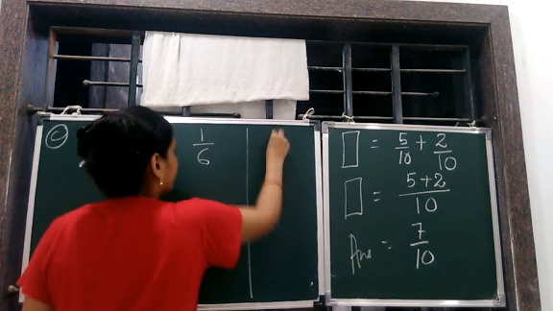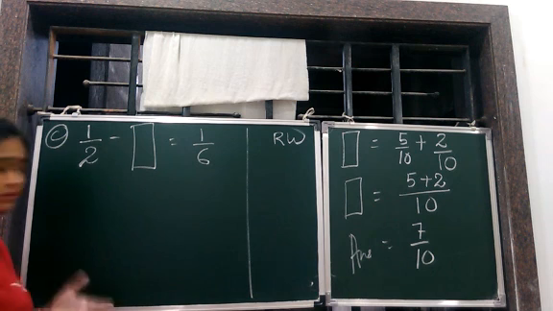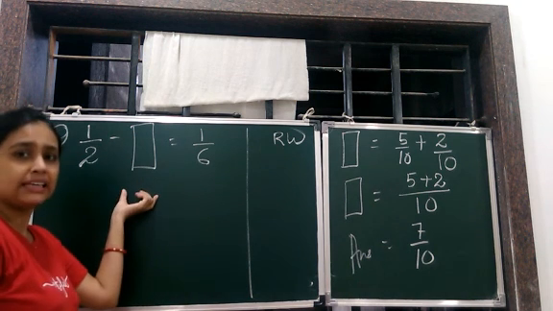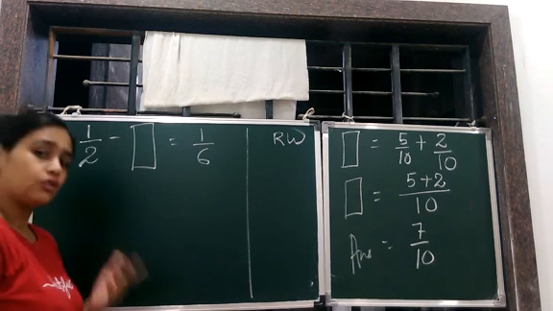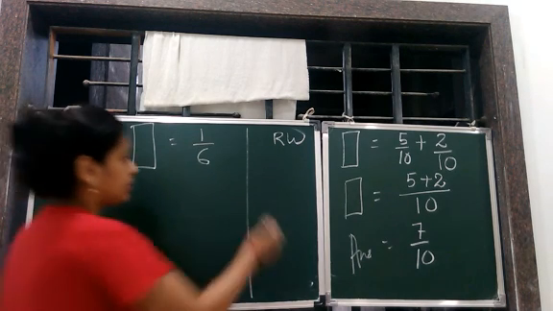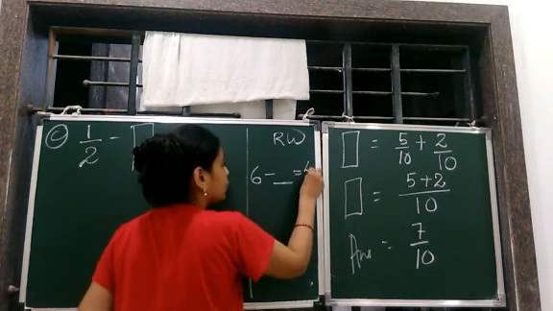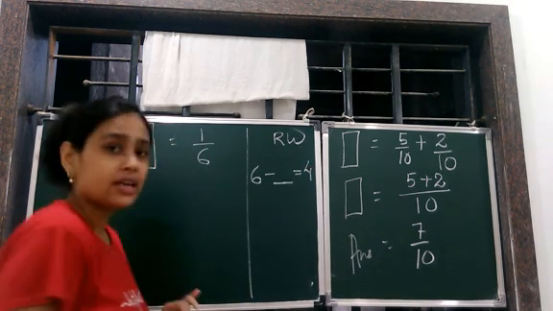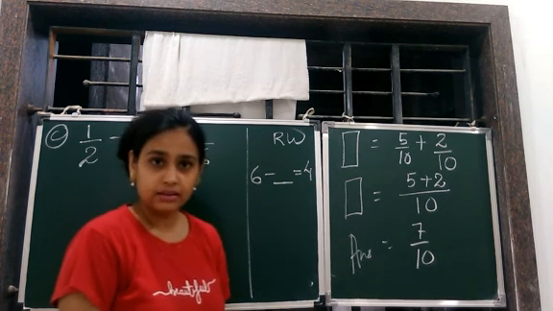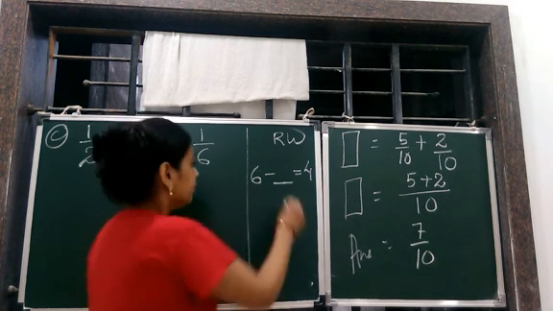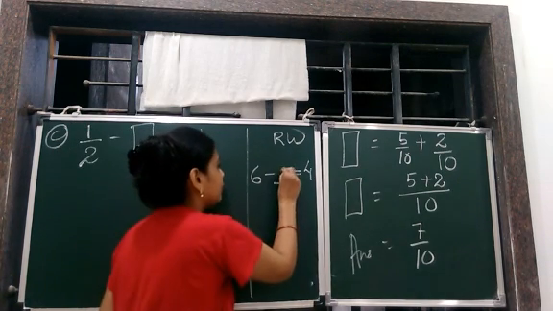Now, again, I am making the rough work. You must be thinking, why rough work? Because now the blank's position has changed, right? Now again we will not understand which number has to come here. So what to do? Again we take the same example. This time 6 minus dash is equal to 4. Correct? Now to find this dash, what do we have to do with these two? You know what will come here? Obviously you know that 2 will come here.